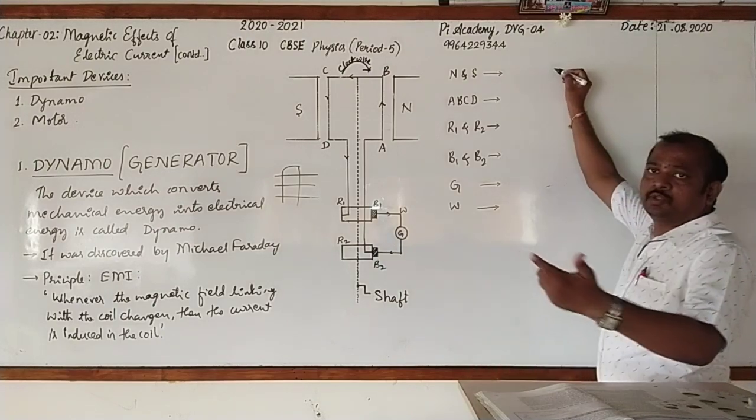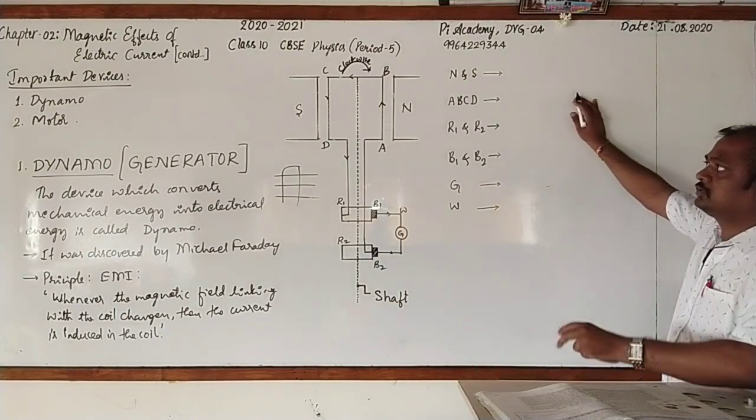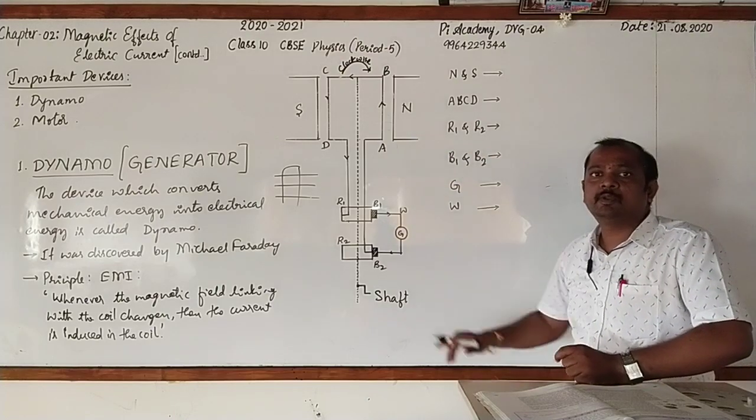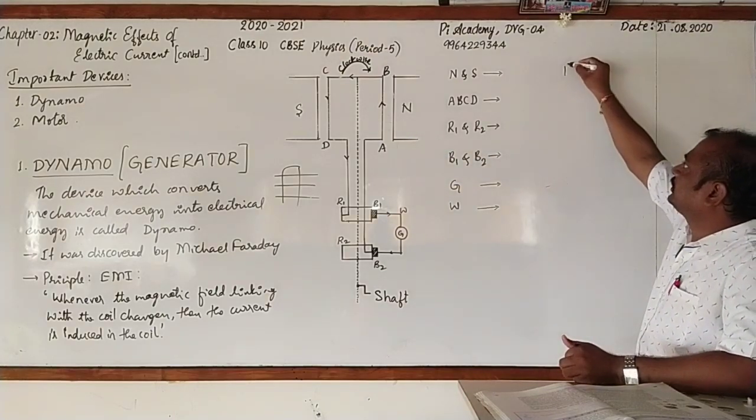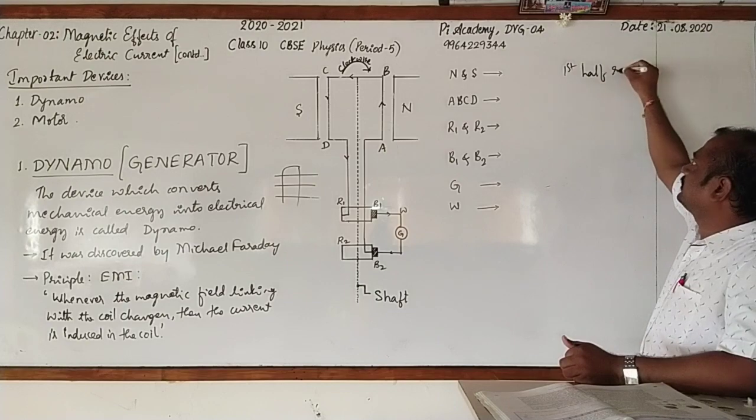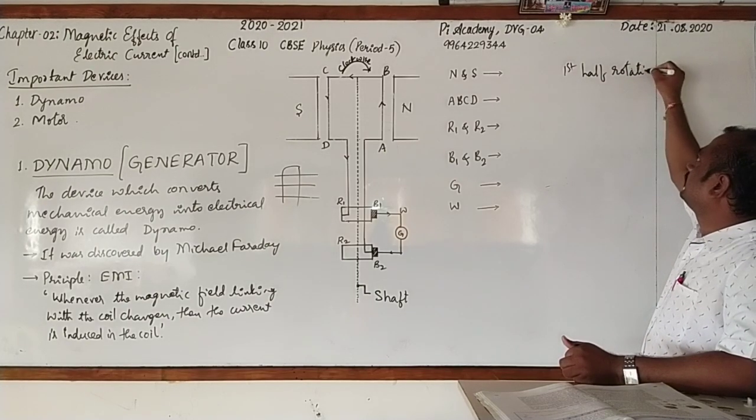I'll go for showing how the current will pass in both the cases during first half rotation and